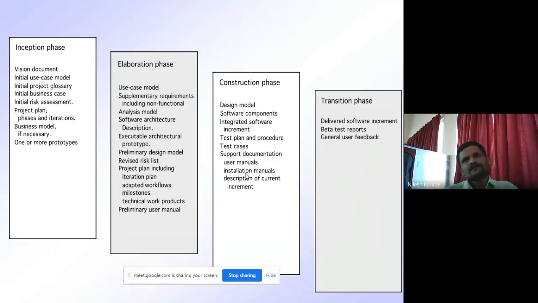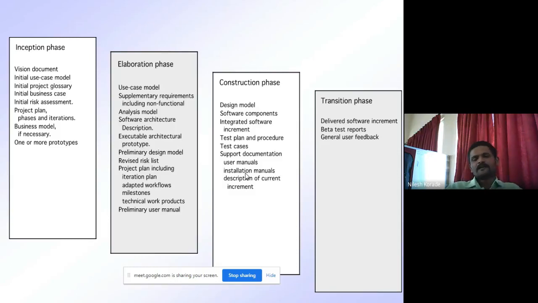Then in the construction phase, this is a pure coding phase. Here, whatever models we defined in the elaboration phase, we are writing source code for that model. That is the design model. Software components, integrated software increment, test plan and procedure, test cases, support documentation.